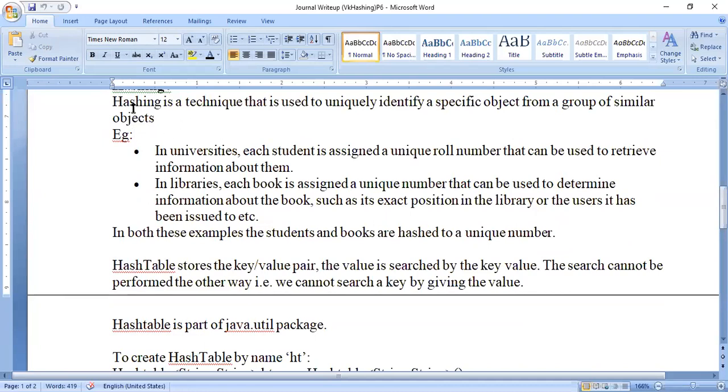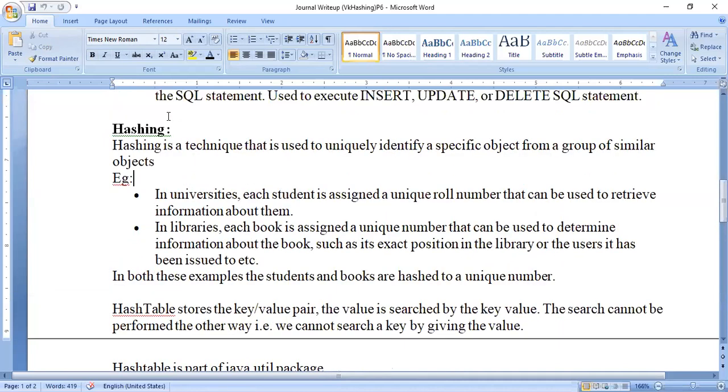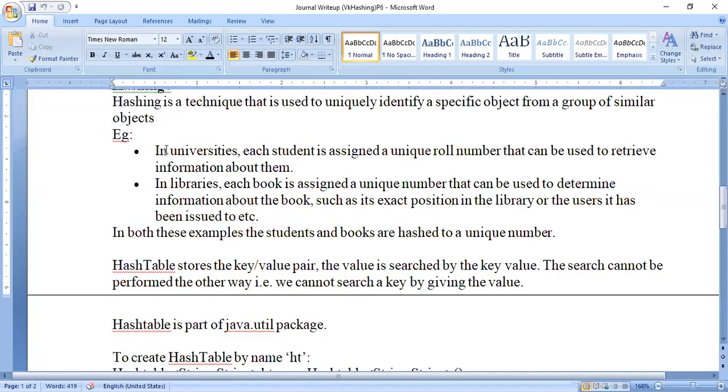Actually, in theory, you don't have this hashing technique, but in one of the journal programs, they have told you to use hashing. So whatever minimum knowledge is required for the journal program, I have included in the write-up. Of course, in the theory exam, they will not ask you about this, but in the Viva, they may ask you, and you should also know what is being executed.